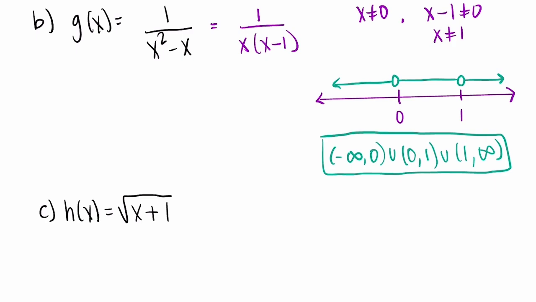Assuming we want to live in the real number system and not start dealing with complex numbers. Complex numbers will come later in the class. What do we know about the square root? What kind of numbers can we have under a square root in order to keep this all real? Positive. Is there anything else besides positive? There's one other number we can include that's not positive. 0. So I have x plus 1